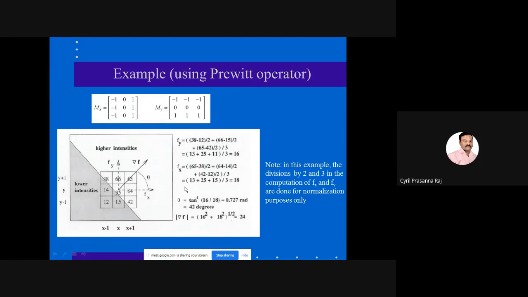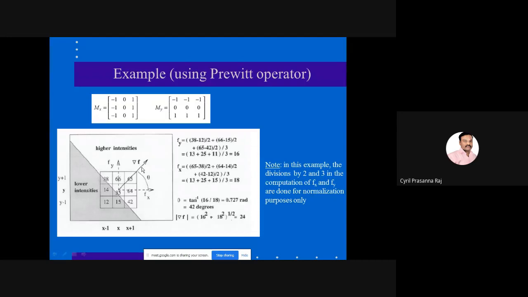But before that, there is one more very important activity that is being done. So now you identify direction. Direction theta is tan inverse of 16 by 18. 16 is basically your fy and 18 is fx. So fy by fx will give you the direction, which is around 42 degrees. That means if you have an edge going along this direction, along this 35, there is a normal to that edge and that is placed at 42 degrees.